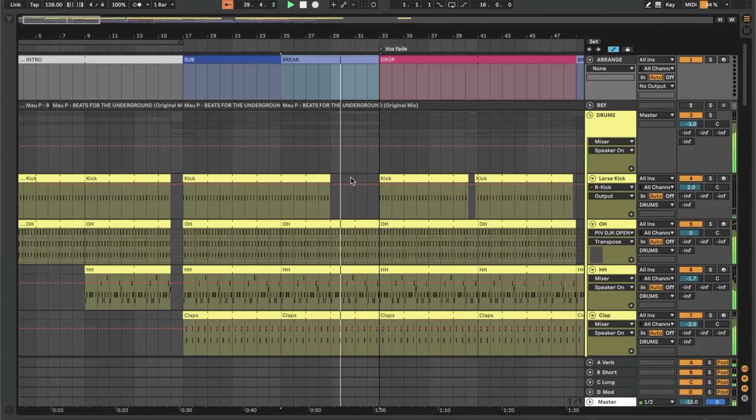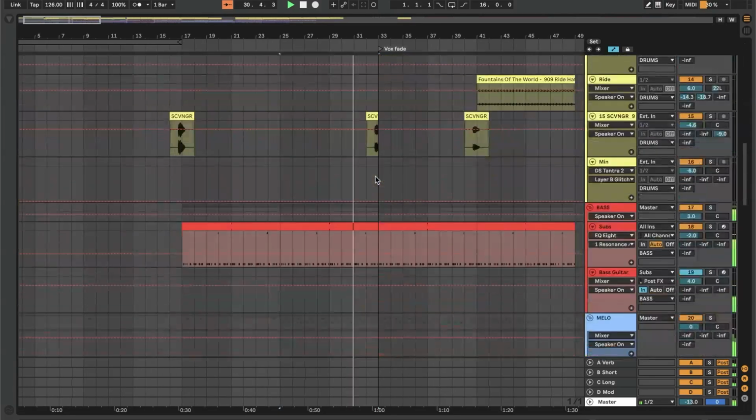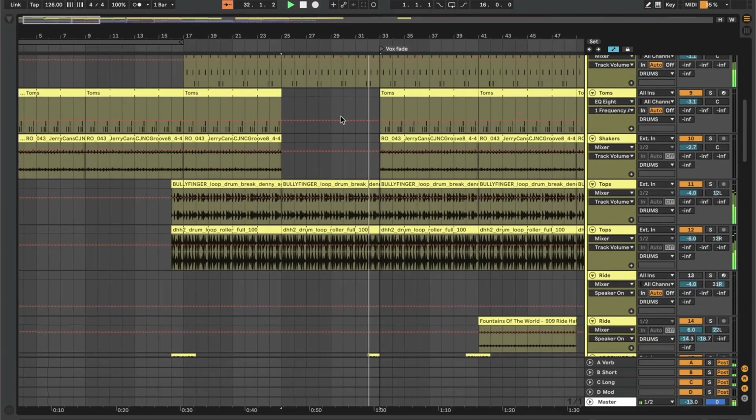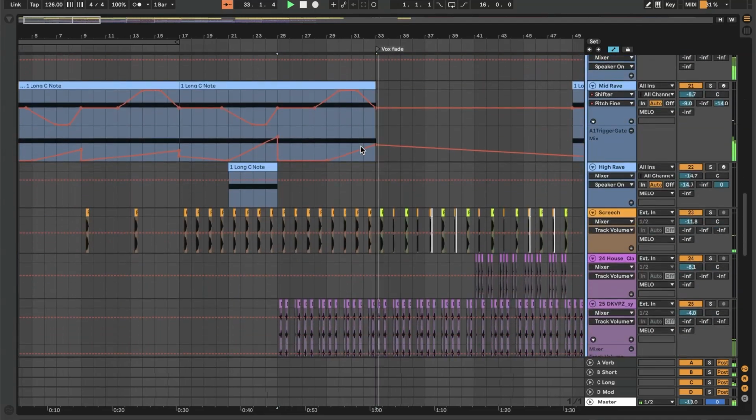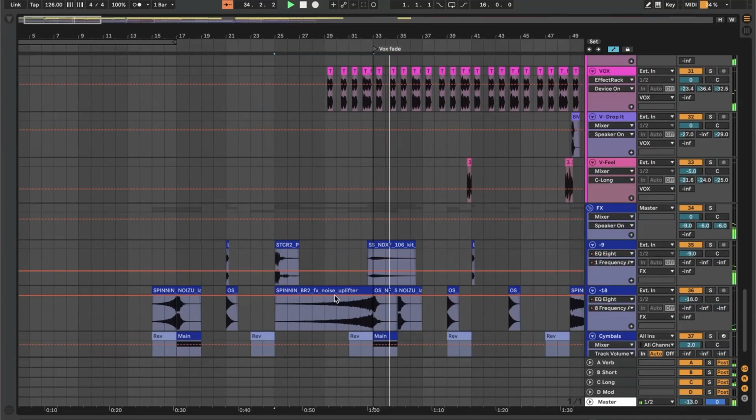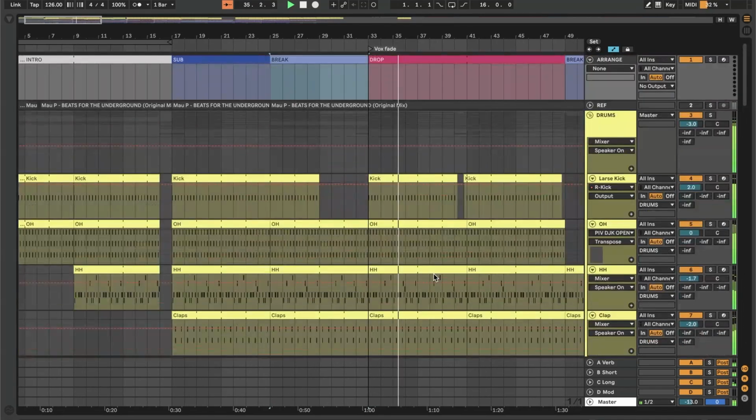First half of it I have the kick, second half of it we remove the kick, kind of reduce the energy, as well as the toms and the shakers have been removed. And we have a little riser building into that crash. So now we're in the